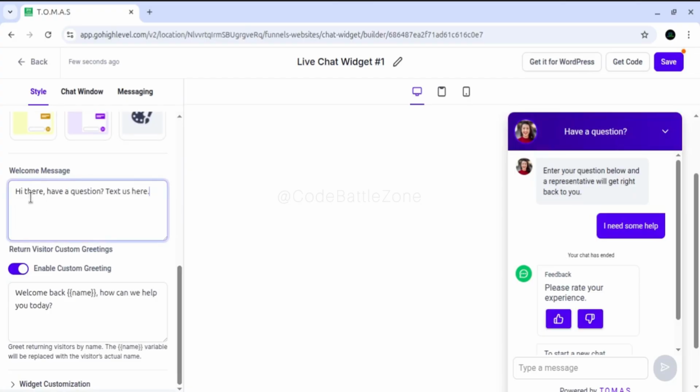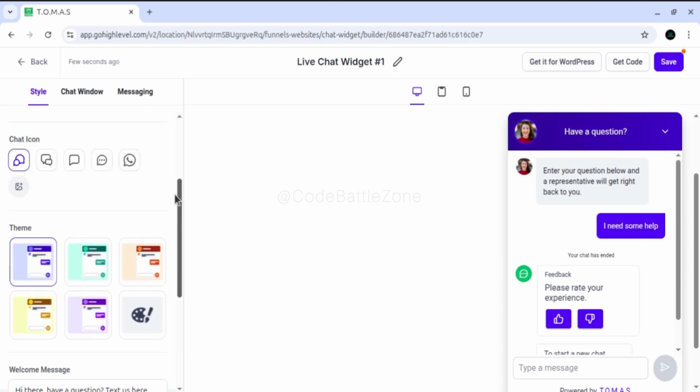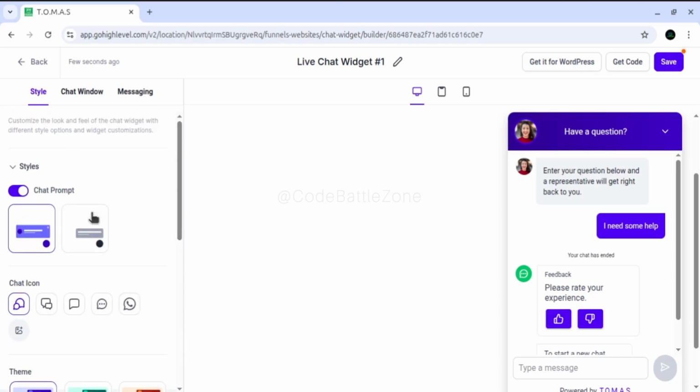You can change the message as well. This is the default message. This is the greeting message, welcome back. Then it will be the name that will be used here dynamically. See the prompt option,